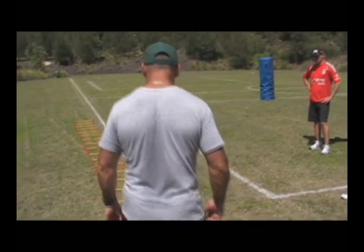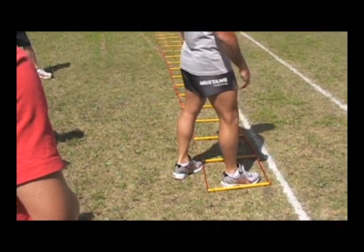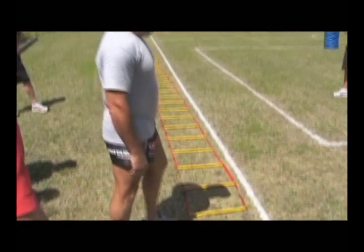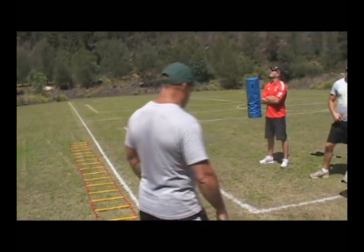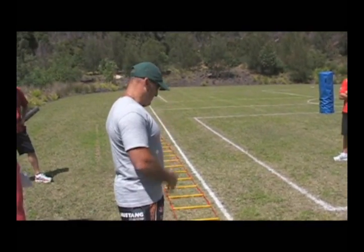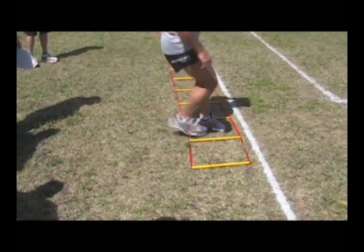Now, so your options are you buy a speed ladder. I don't know what they are now, $75 or $100, I'm not sure. Or you paint it on the ground, or you paint it on concrete, or you put tape down. It's that easy. But there are so many different variations, so leading foot in, leading foot out,